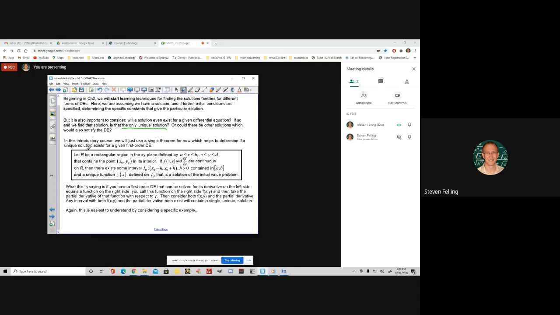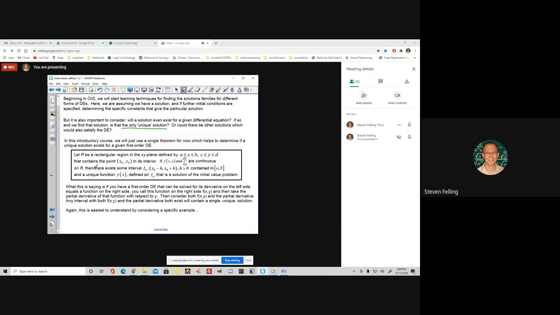It's in the textbook. It says, let R be a rectangular region in the xy plane defined by x in an interval between a and b, and y in an interval between c and d, that contains a point x0, y0 in the interior. If f, which is a function of x and y, and the partial derivative of f with respect to the y variable